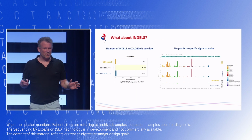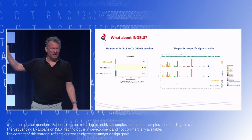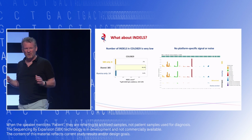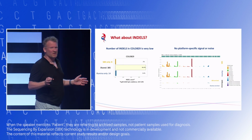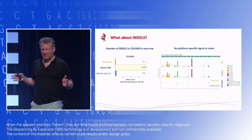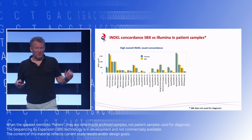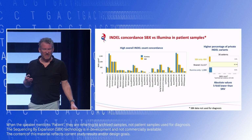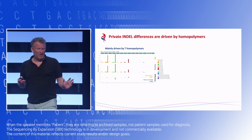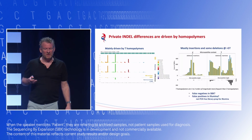Indels, same story. This is the COLO again. Please note that there are only very few indels in COLO. This is a melanoma sample, but it is also very clear that you don't get high rates of noise because of different specific error profiles. Patients, same story for the indels. A lot of shared variants and very few privates. The only privates that we do see are happening mainly at T homopolymers,